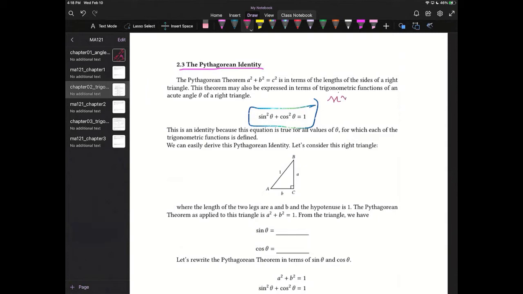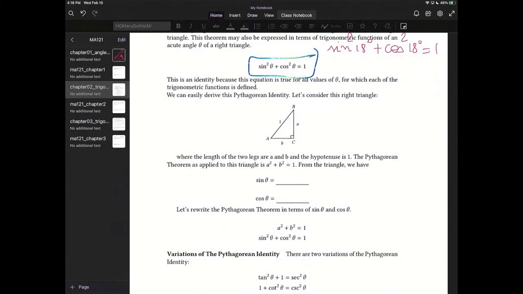So for example, sine of 18 degrees squared plus cosine of 18 degrees squared also equals 1. This is always true for any angle. So sine squared of 30 degrees plus cosine squared of 30 degrees also equals 1. So this is an identity, and this identity actually comes from the Pythagorean theorem, because if you pick this as